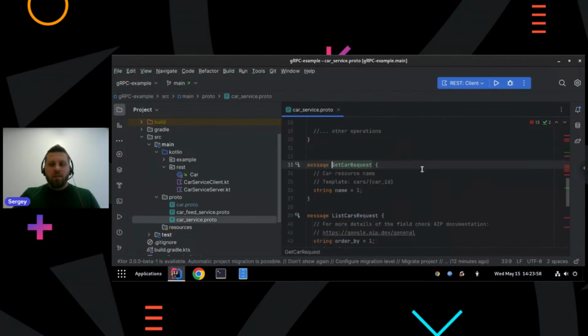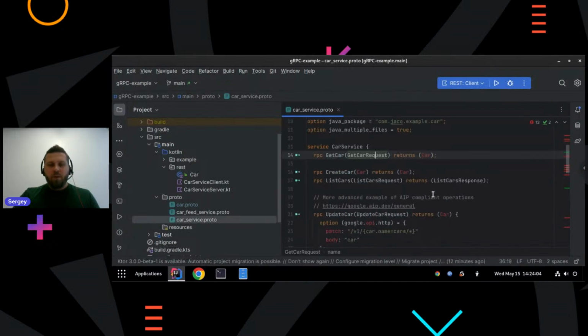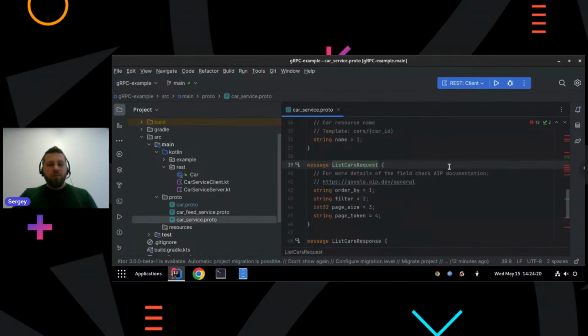So here inside this request, we receive just a name. It's as we defined previously, nothing special, and we return the proto we defined previously. And again, for the create operation, we receive an object and return an object. Pretty much simple. The list operation here is a little bit more tricky because a list operation could have many more different